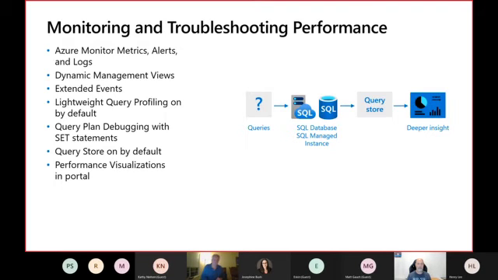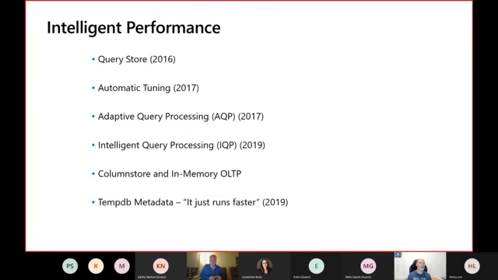And then let's enumerate all the features that are really, really important for SQL Server and Azure SQL. First of all, and most important, is Query Store. Query Store was first introduced in SQL Server 2016, right? We're going to go through all these features in a minute. Then, after that, in SQL Server 2017, Microsoft introduced automatic query tuning. We will check it in a minute also.